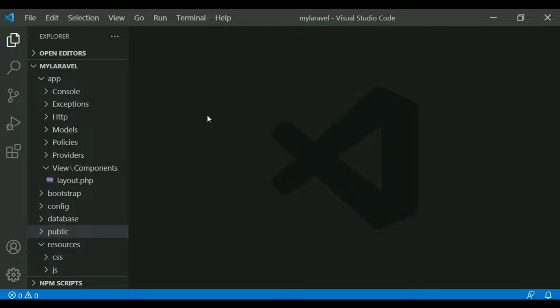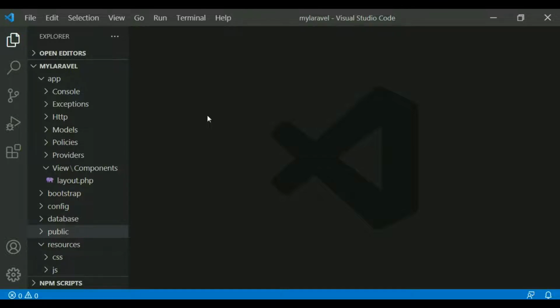So how to do that? To demonstrate how to use jQuery in Laravel, we have to create one layout and one view file. This particular video is for how to use jQuery in Laravel, so this is a very beginner one. There is a package called Laravel Mix, which is used to compile and minify your CSS and JavaScript, and it takes care of Webpack. If you do not know about Webpack and Laravel Mix, in an advanced video I will give you the details, but here I will show you exactly how to use simple jQuery in your Laravel application.